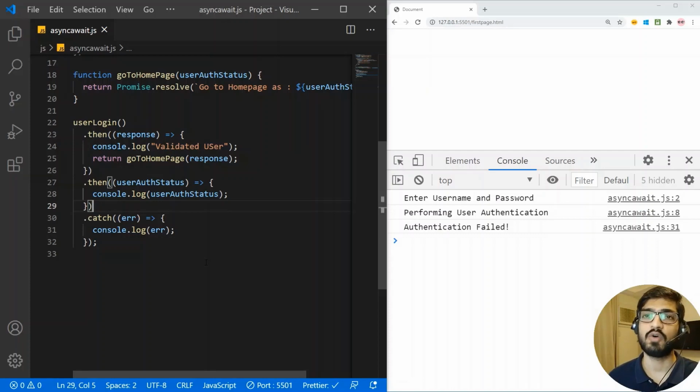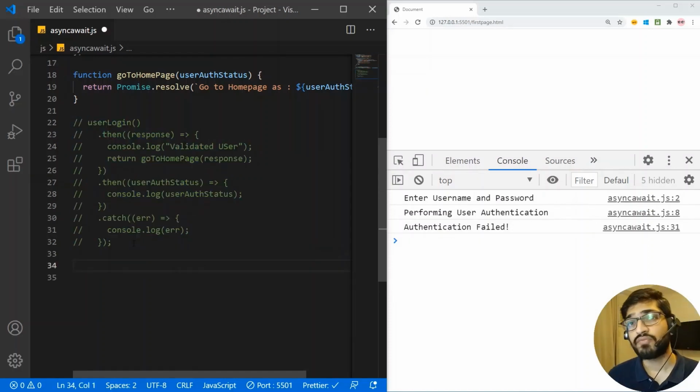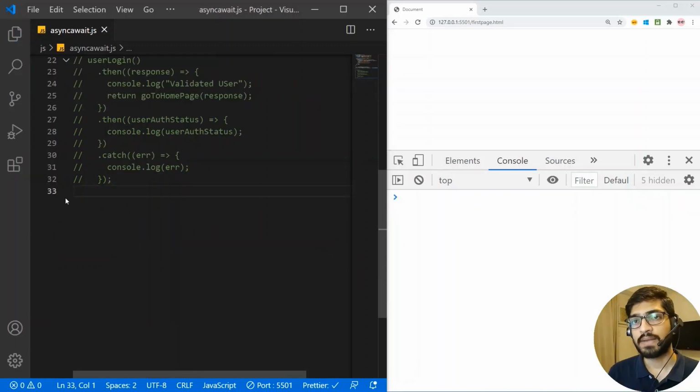Now let's see how we can write the same thing in async await in a much shorter syntax and in a very readable way. So I'm going to comment this out. When you use async await, you need to wrap your async execution into a function. You can use any function, a named function, a function expression, or if you want, a self-executing function. So I'm going to write a function performTask,